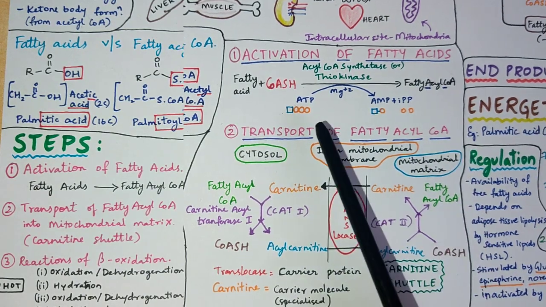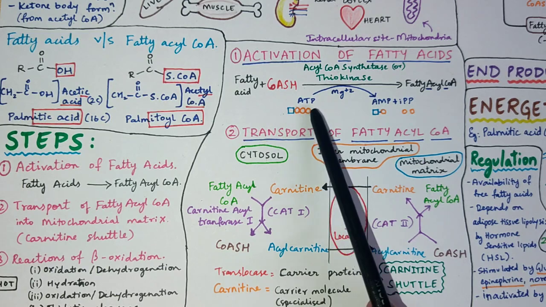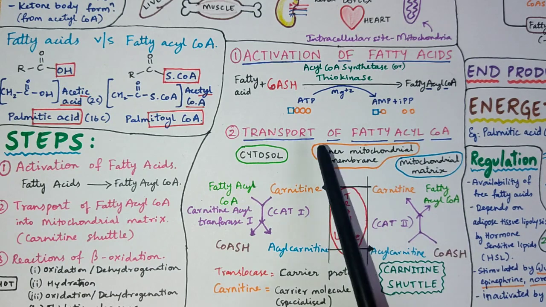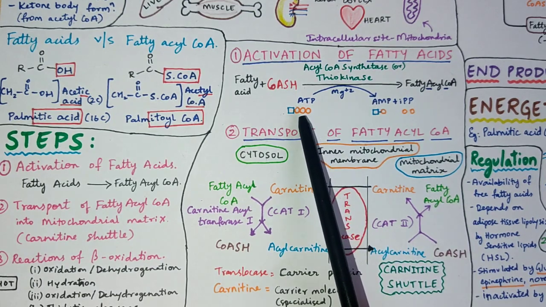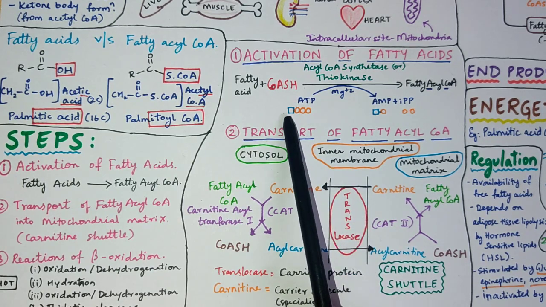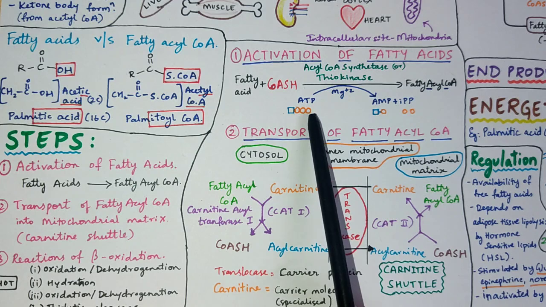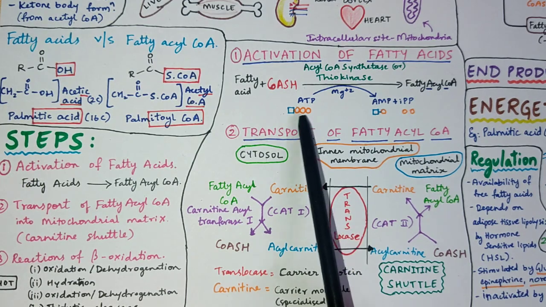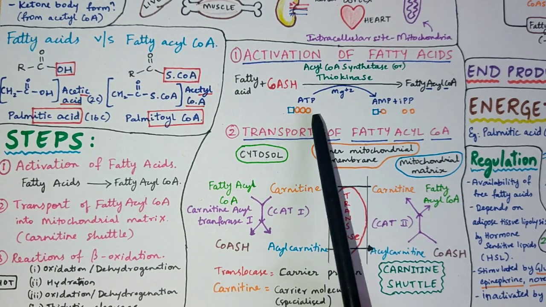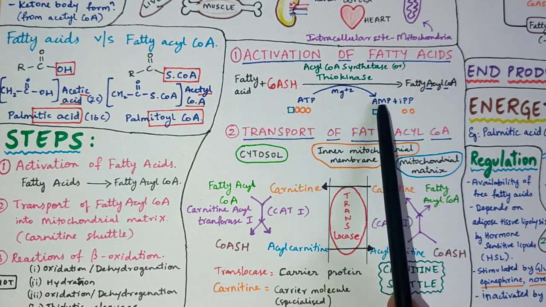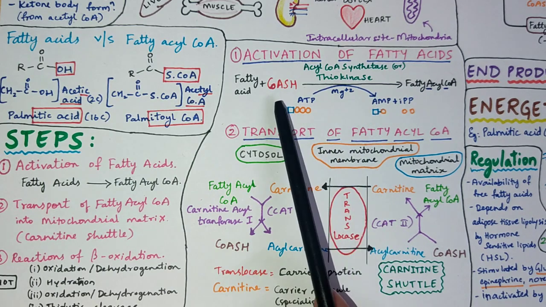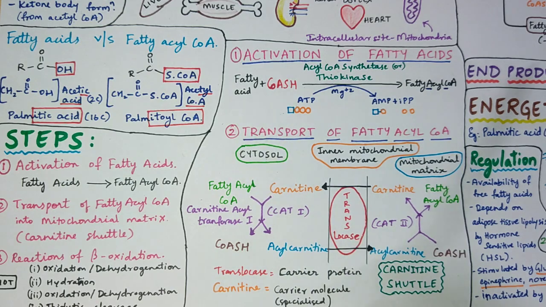Back to the second question, how did the mother convert fatty acid into fatty acyl CoA? Where did the energy come from? As we all know, when ATP is converted into ADP or AMP, we will get energy. There is a huge amount of energy stored in these bonds. This is adenosine triphosphate. The blue color is adenosine and the orange colors are phosphate groups, and these are bound together by a strong bond. When these bonds are broken and new products like AMP or ADP are formed, we will get a huge amount of energy, and that energy is used to convert fatty acid into fatty acyl CoA.